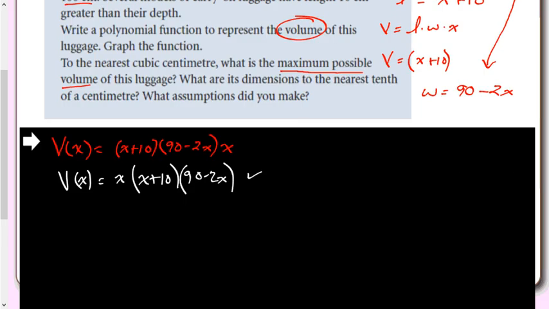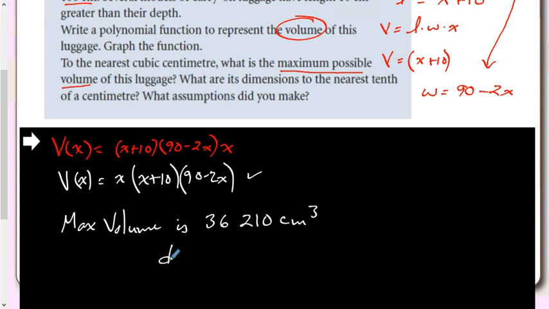So let's come back here. What is the maximum possible volume? We can say our maximum volume is about, we said, 36,210 cubic centimeters. Yep. What are the dimensions to the nearest tenth of a centimeter? Well, my x, my depth that we got from that graph, was approximately equal to